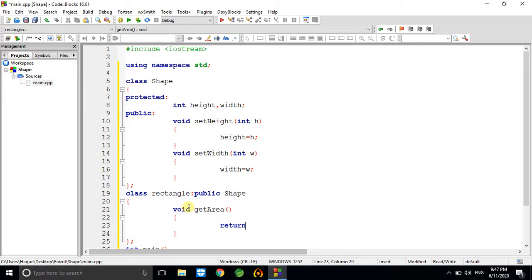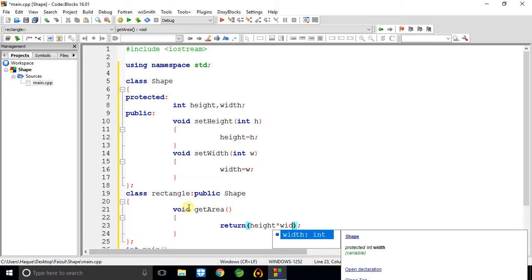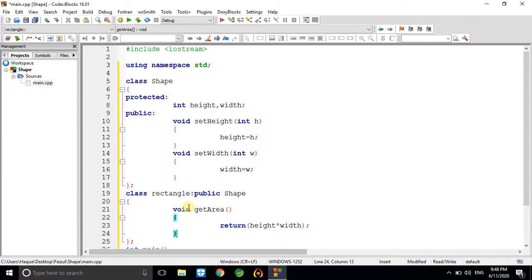You can write it here itself, and again you would have to declare one more method for displaying. So we are going to do the return here itself. It's your wish, whichever method you find easy. So return means we are going to return the area. What will be the area for a rectangle? Obviously it is height into width, so you write in the return: height into width.